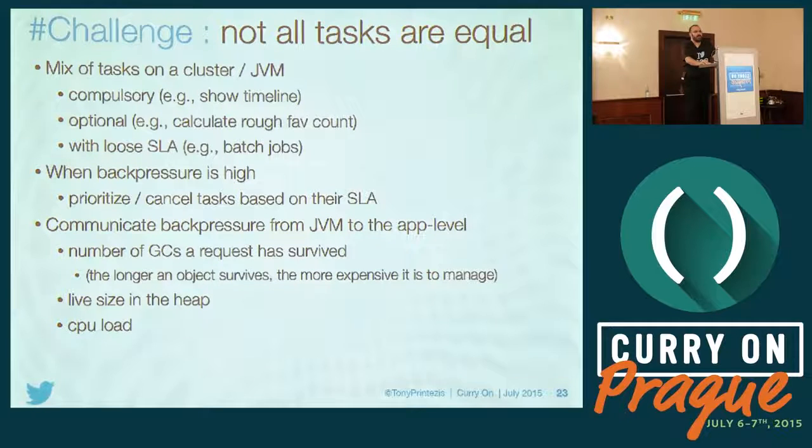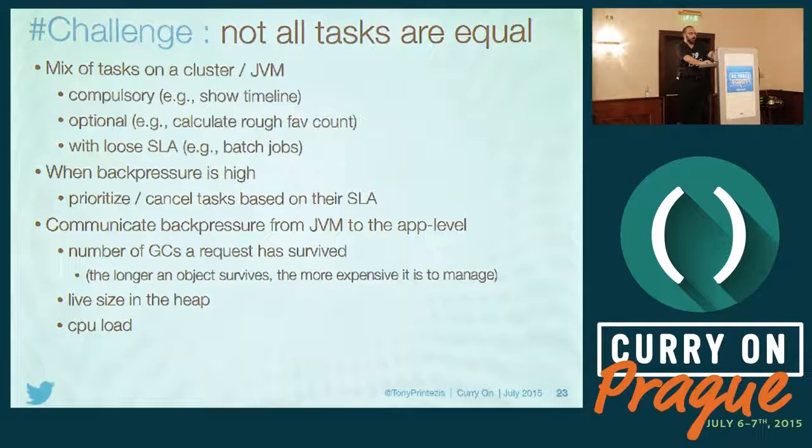You could do it in a big hammer way, so basically, okay, we're only going to have up to 100 requests in flight on that JVM. But a lot of the time there is more CPU available, so we might as well take advantage of it. So I don't think limiting it statically is a very good approach. It's a much better approach to have the JVM communicate to the application level, saying, I'm being overwhelmed, or, things are fine, throw more load.